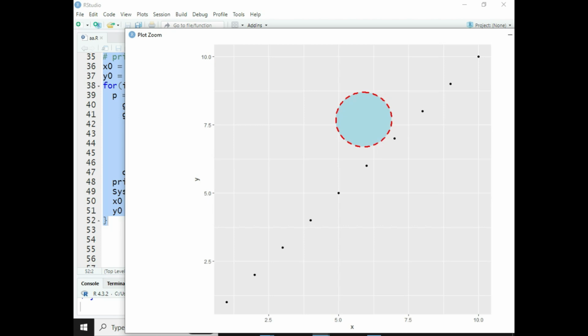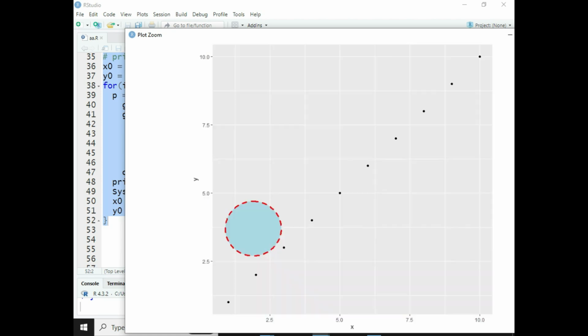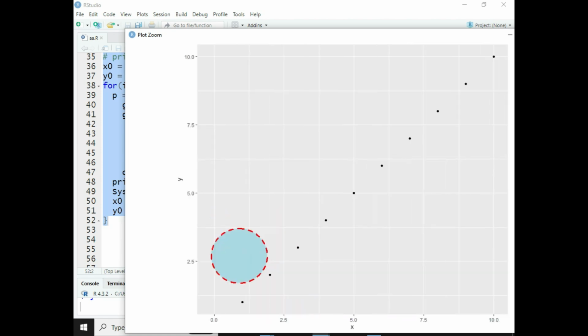It looks like an animation. This is a very laggy animation,